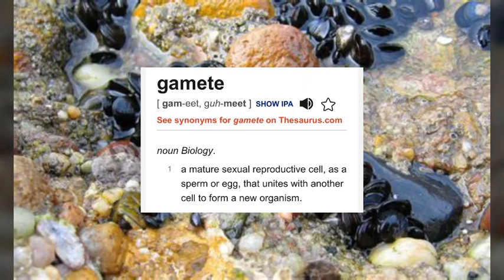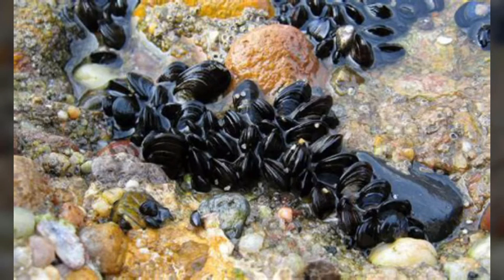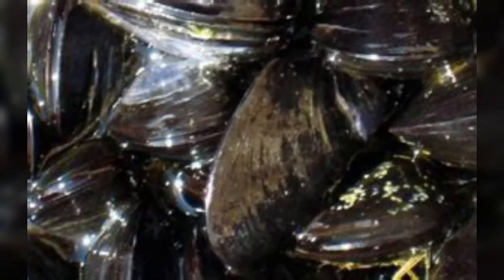If adults are stressed out at the start of gametogenesis, they will stop the process. When stressed out and when fresh gametes are around, they reabsorb them. The larvae development can last as long as 15 to 35 days, depending on the location, temperature, and salinity of the environment. Their first stage is a ciliated embryo, and in 24 hours, they will form a trochophore, and